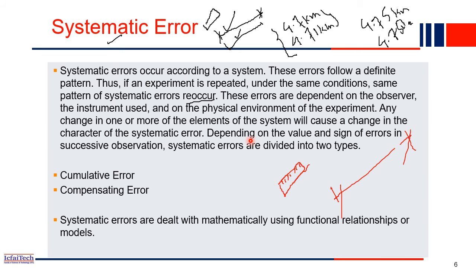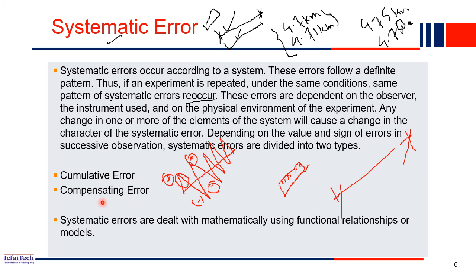Compensative error means that the person who is doing the surveying, maybe the first time he takes one less, but from the second reading he takes one extra, for example. That is what we call compensating error. So the first reading is positive, the second reading is negative, the third positive, the fourth negative, like that. In that case the error will be cancelled out, right? So this type of error we call compensating error, meaning errors are compensated between the multiple readings.